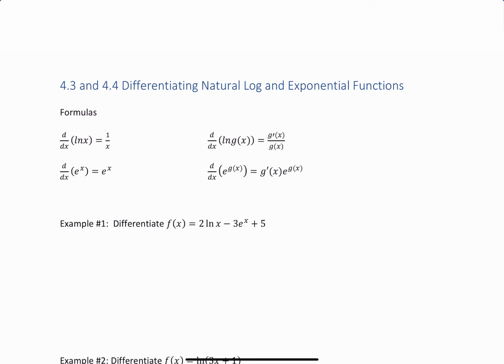Now, we also have two formulas that help us if the input to our function is not just a plain old x. So for example, if we're taking the log of some function of x versus just plain old x, the formula for that is you're going to put that input function on the bottom. Notice that agrees with what we had over here. The input to the log goes on the bottom. It's just that if you have a more complicated log function, you also have to put the derivative on top. And by the way, this is the chain rule